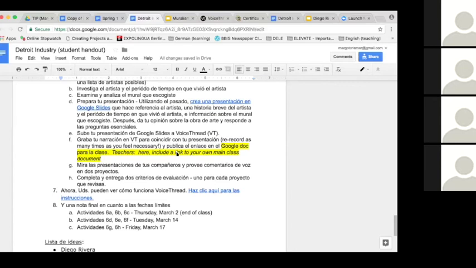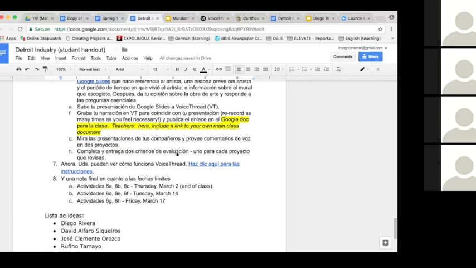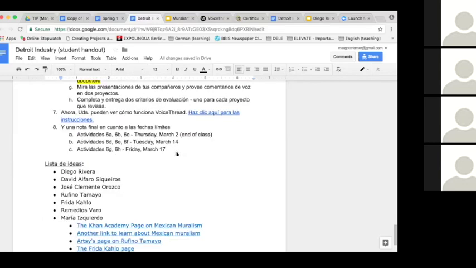So students have a chance to really make it presentational and to do the best job they can. And finally, they put the links to their presentations in that main class document I showed you. And the final part of what they had to do was to make comments on the work of two of their classmates. So all that is available to you to use and adapt however you might want to.